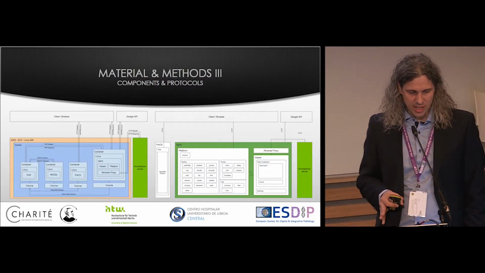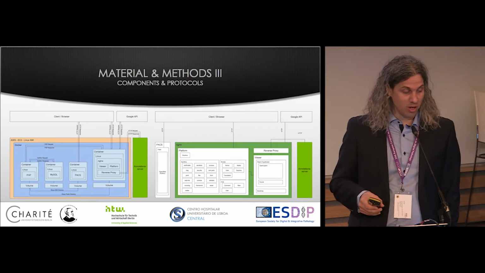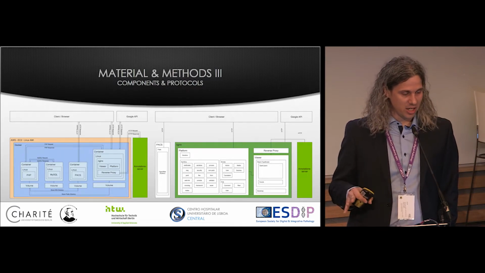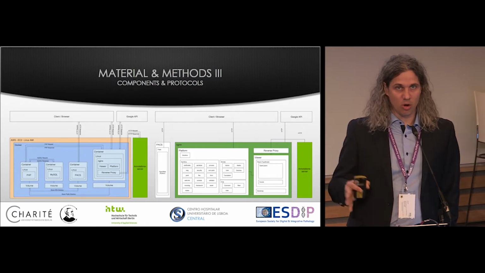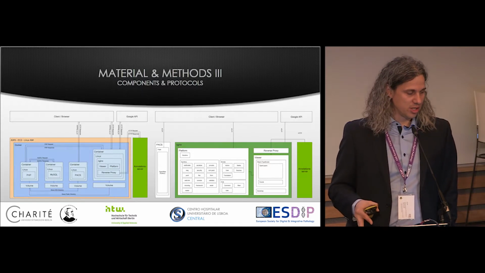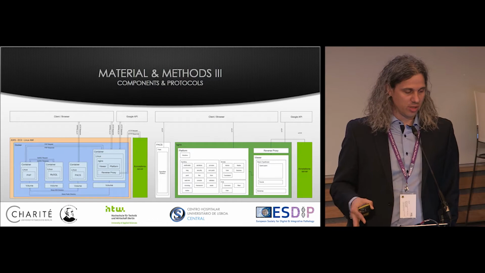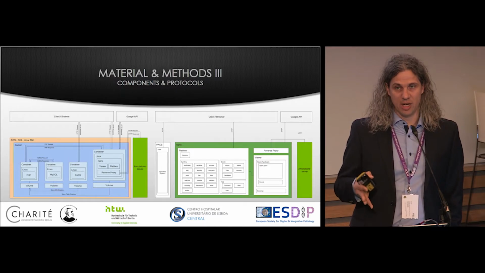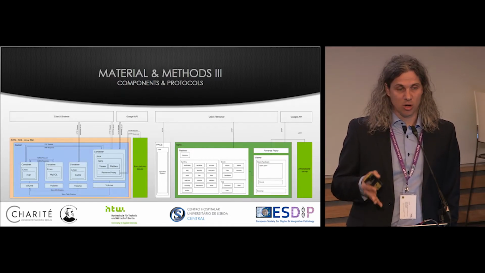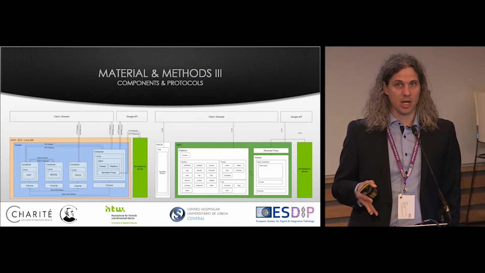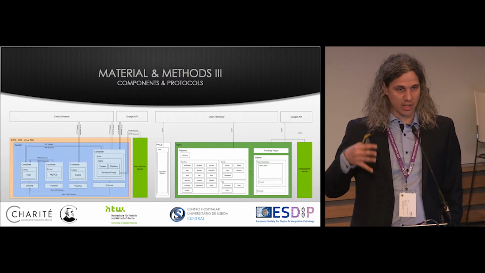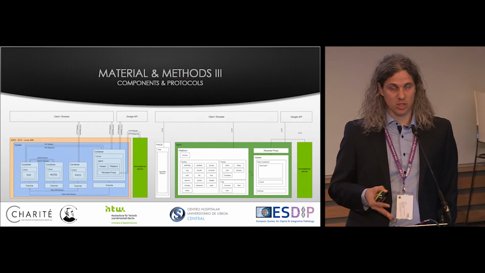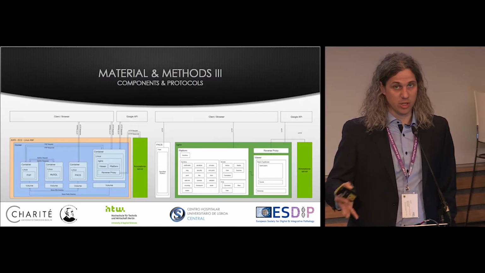Just to show you some details, I don't want to go too far, and that's probably one of the slides I'm going to skip a little. I'll show you something about the infrastructure. It's a highly distributed infrastructure. All subsystems are in dedicated Docker containers, so we can easily deploy them onto different systems. The idea behind this was especially that we wanted users to be able to host their PACS systems with their whole slide images locally, and not upload all images to a centralized platform. So it is possible to have a distributed PACS system within that platform, and you can host your whole slide images, for example, in your institution.